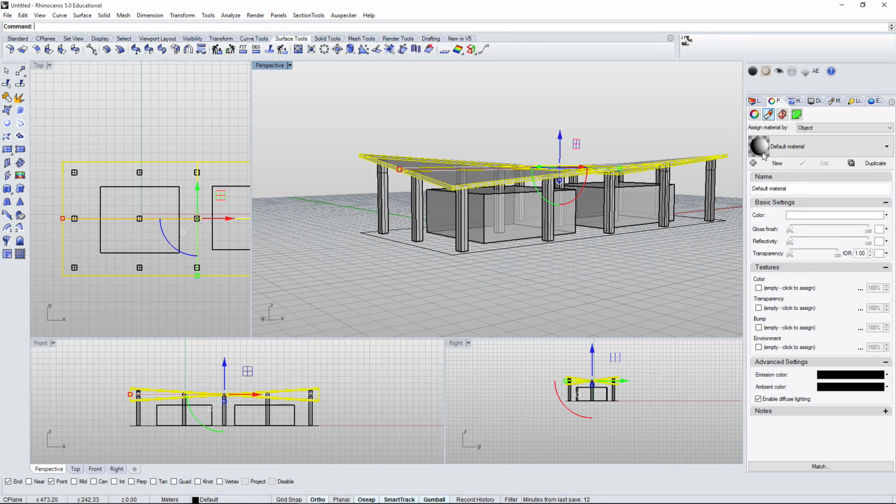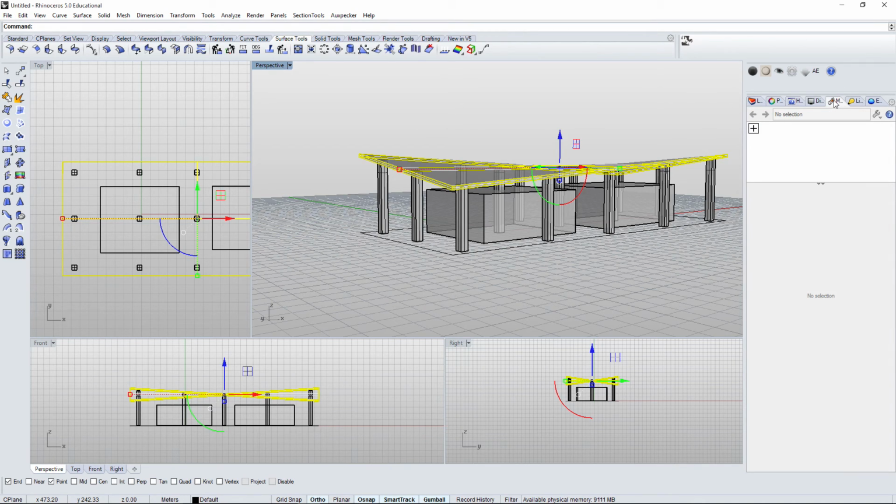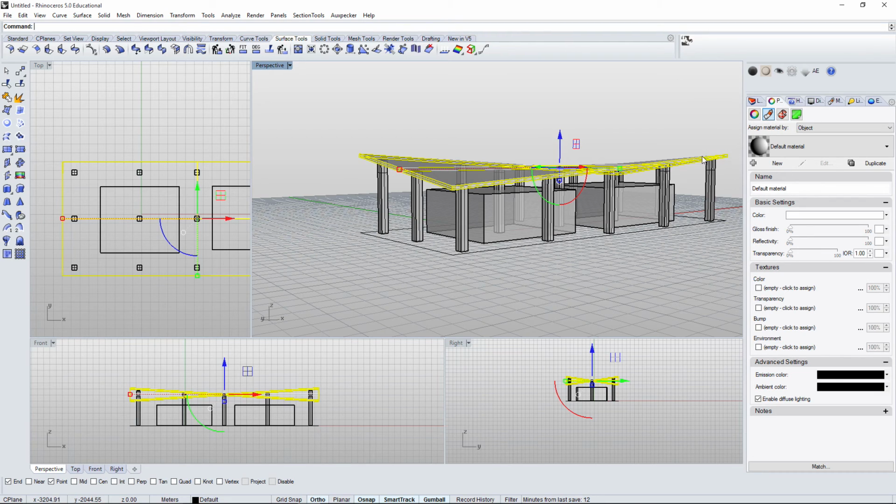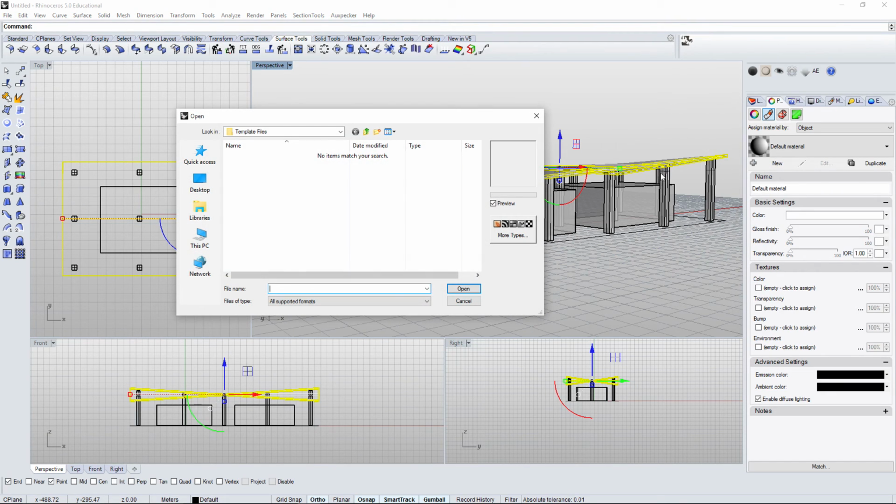So one, I'm going to do it by just the object selected, and then I'm going to show you another way using this tab here from materials, so we could put in all of the materials this way. So I want to show you 2 different ways of doing it. For now, select an object, select this tube, which is called material, the tube icon. We have the default material. Let's add a new material, and it's going to pop up